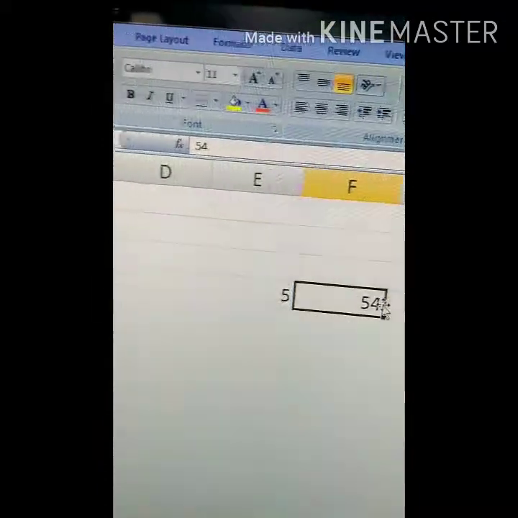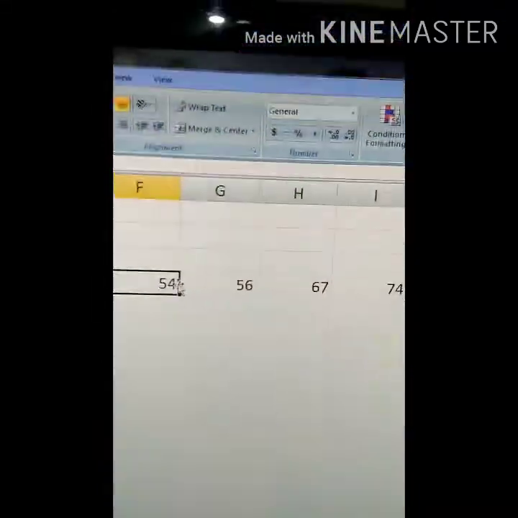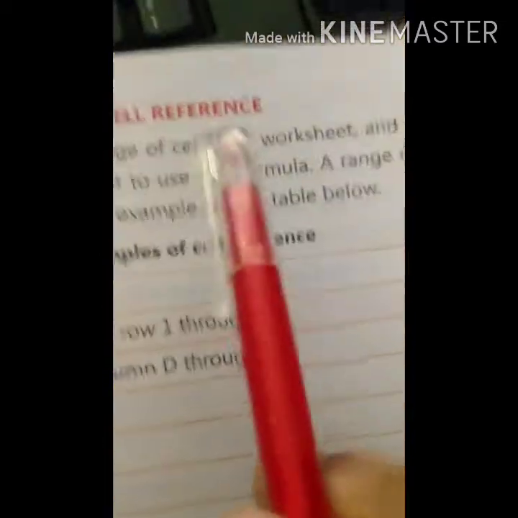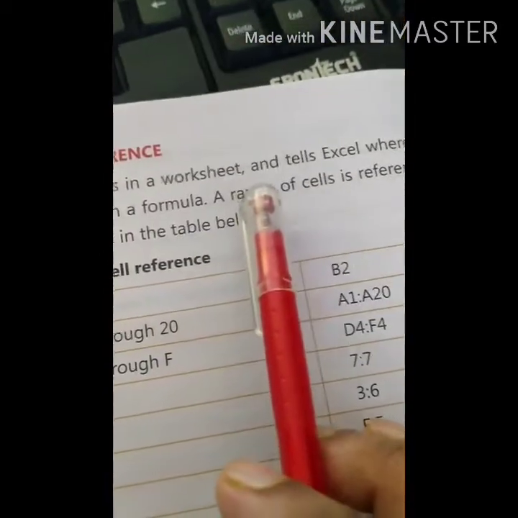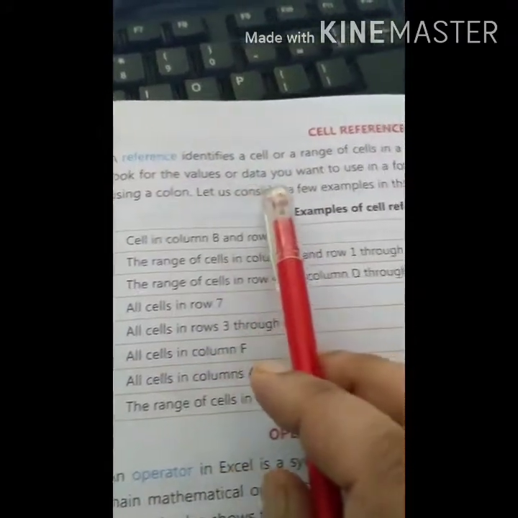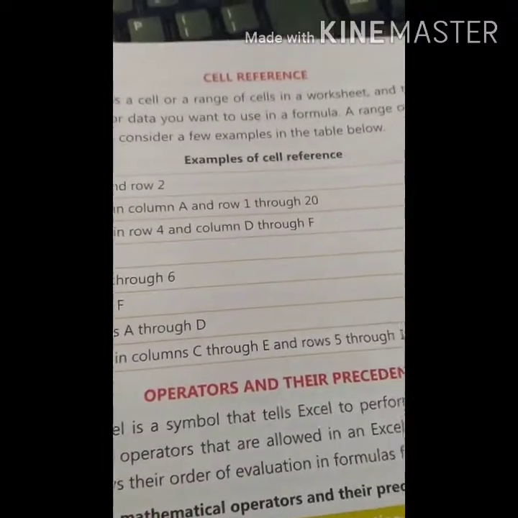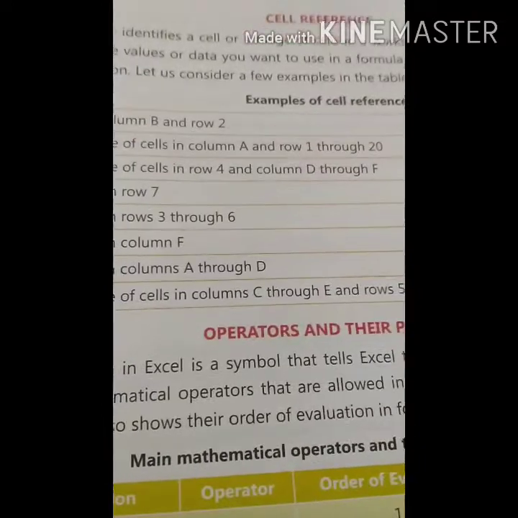You see in the formula, F4. This identifies a single cell in a worksheet and tells Excel where to look for values or data you want to use in formulas. So examples of cell references are given here.